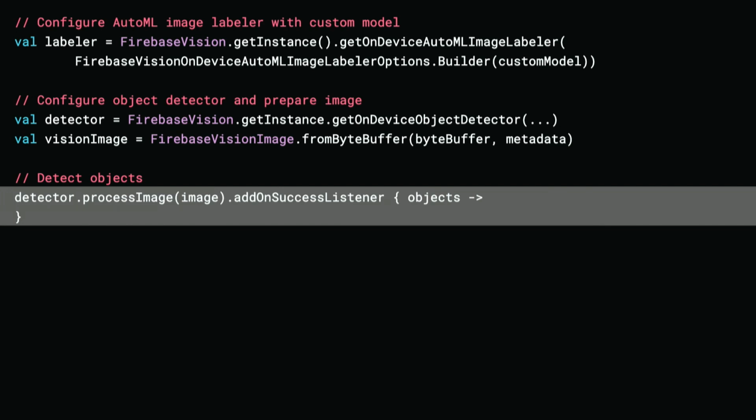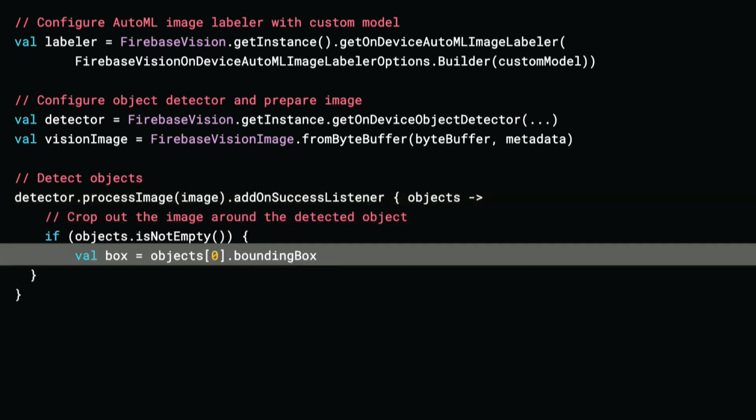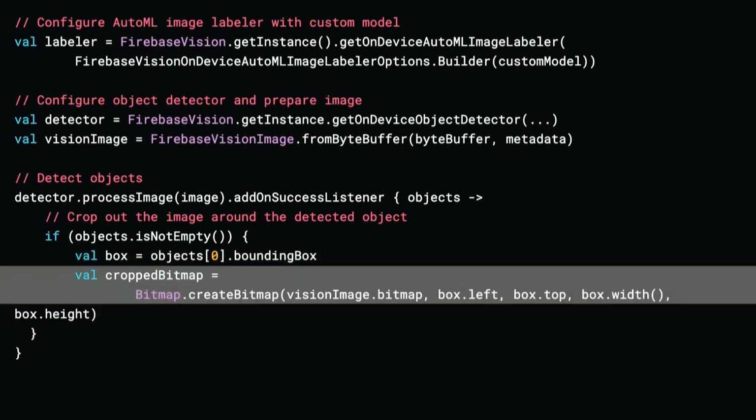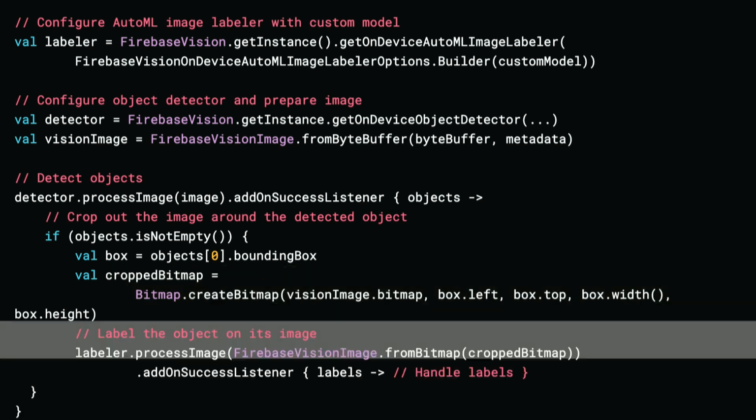Then we pass the image to the detector. And once an object is detected, in this case a driver license, we get the bounding box, so coordinates around the object. We crop that part of the image, and then we give that to the image labeler that we trained. That's pretty easy.